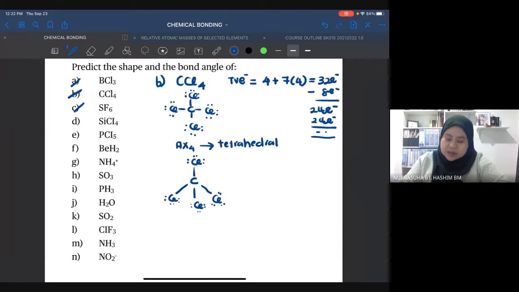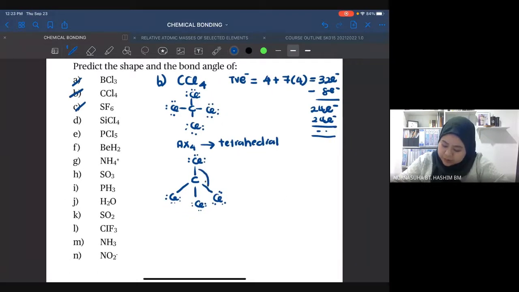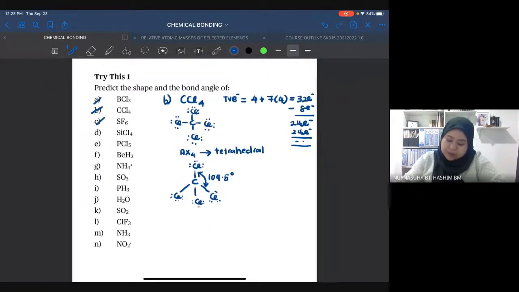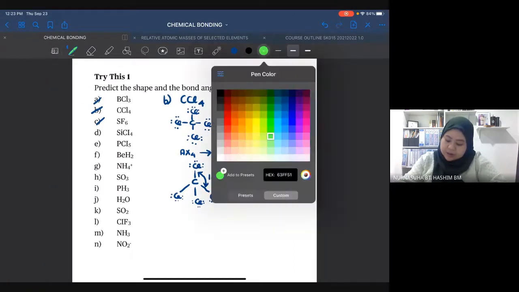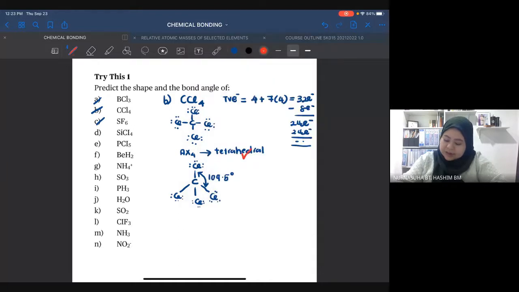Okay, so this is the tetrahedral. The bond angle is 109.5 degree. So, predict the shape. So shape dia adalah tetrahedral and bond angle. Bond angle adalah 109.5. Okay, so next kita try buat PCl5. Okay,